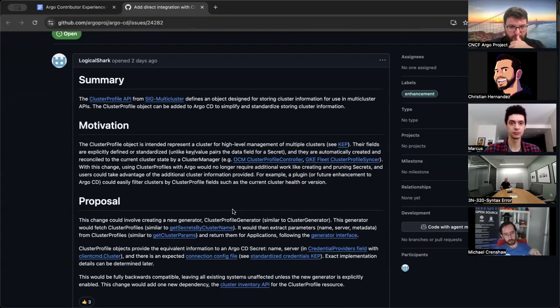I really like this as a first class feature, especially since it's coming from a Kubernetes SIG. I think just the user experience of being able to have this out of the box is really